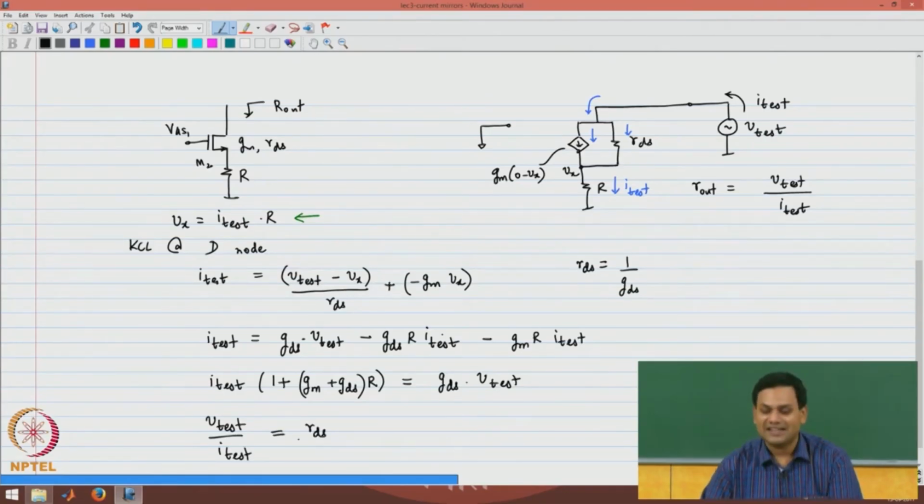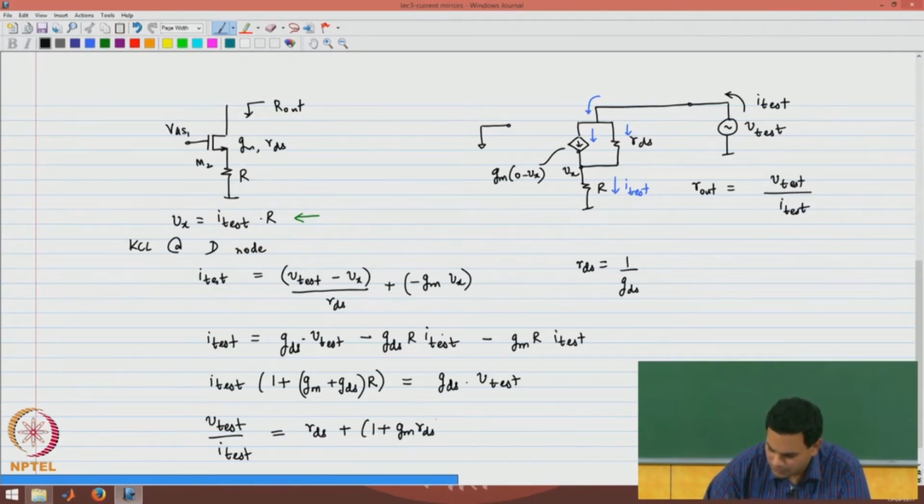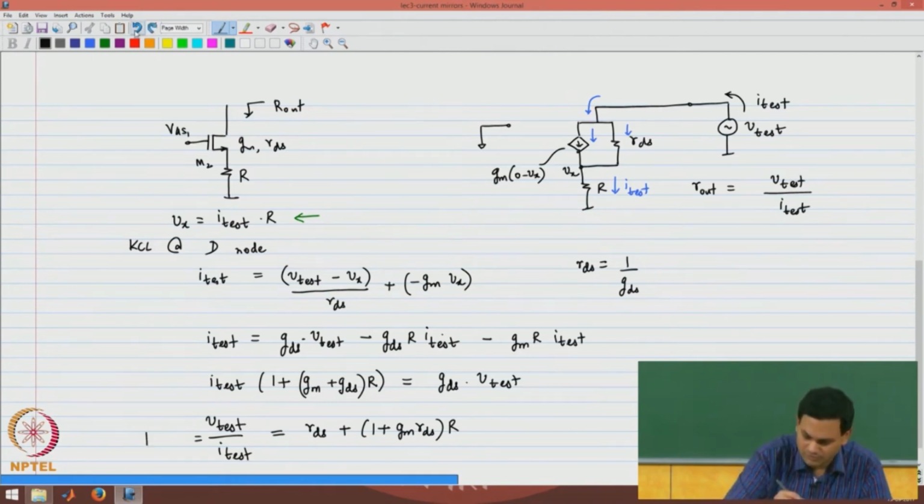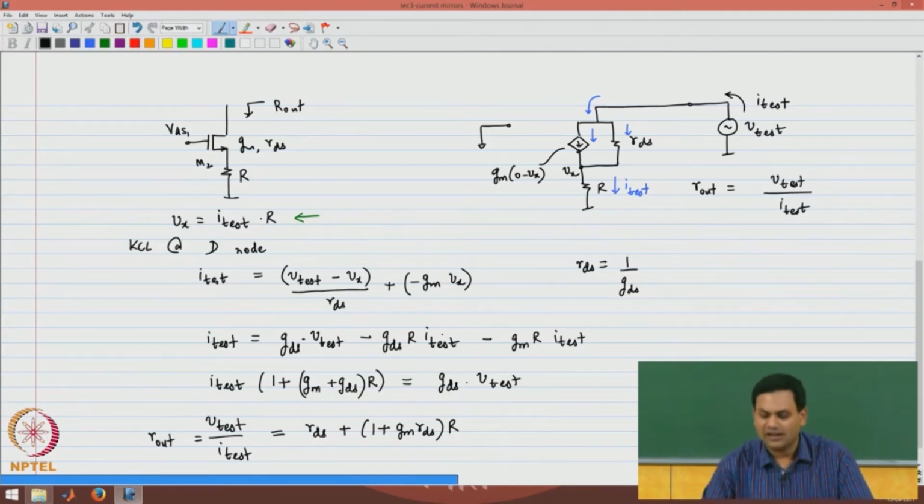I am going to write the slightly simplified version as we go along, plus in other words, this R out expression is nothing but small rds plus capital R plus GM rds times R, and as you can see, this is